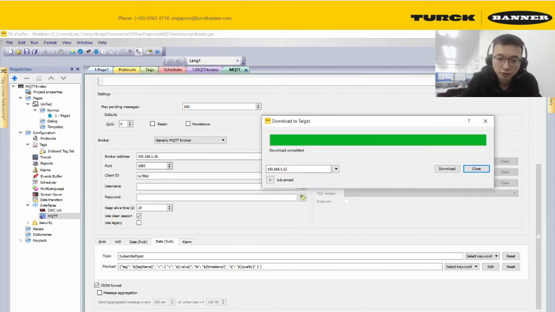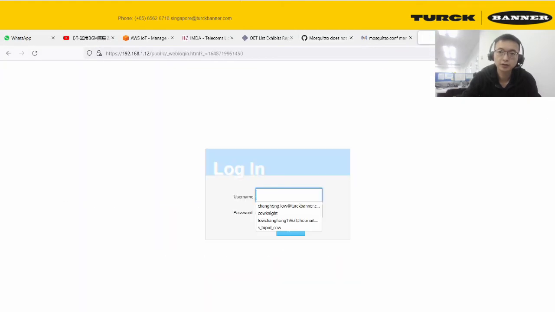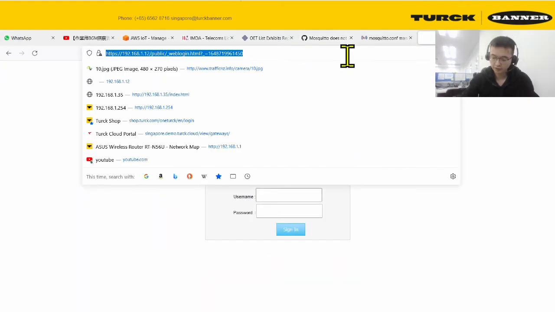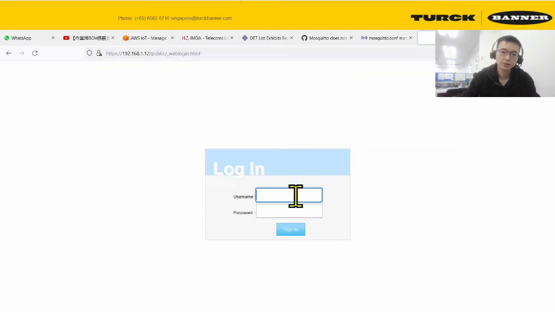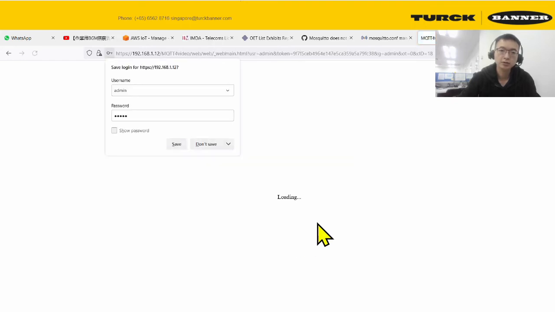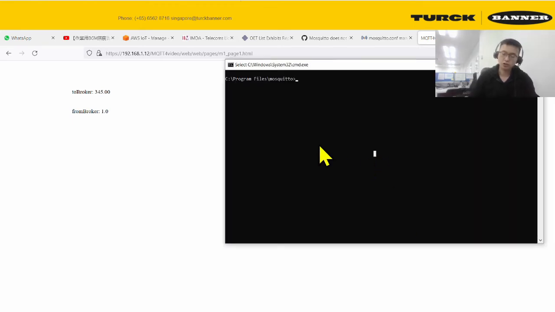Okay, finished download. So now I can go to the internet and key in the IP address for your device, and you reach this page. You can just go username admin, password admin, sign in, and you can see your code is running. So at least you know your TX Visu code has no problem. It's running. So now the question is, is it publishing? Okay, so we're going to run